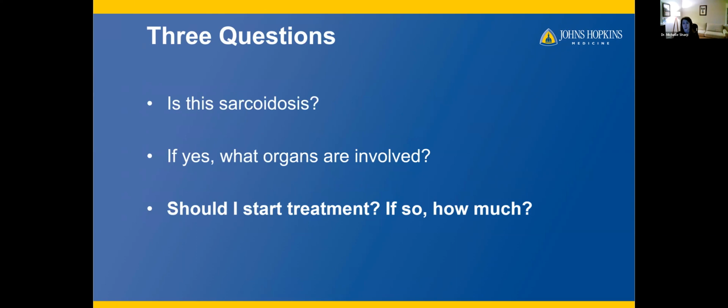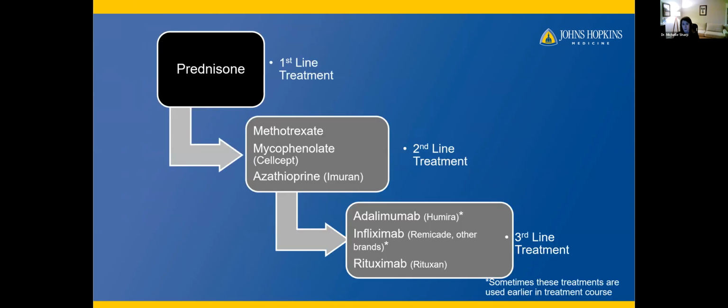So now let's talk about, should I start treatment, and if so, how much? This is a diagram that I am very fortunate some of our patients helped me put together from our patient advisory board. But this is in general how I think about treatment. And I'm not going to go into the nuances of treatment, but as most of you know, steroids or prednisone are first-line therapy in sarcoidosis. And I know most of you also know that steroids are not a great drug. I often like to say it's my frenemy.